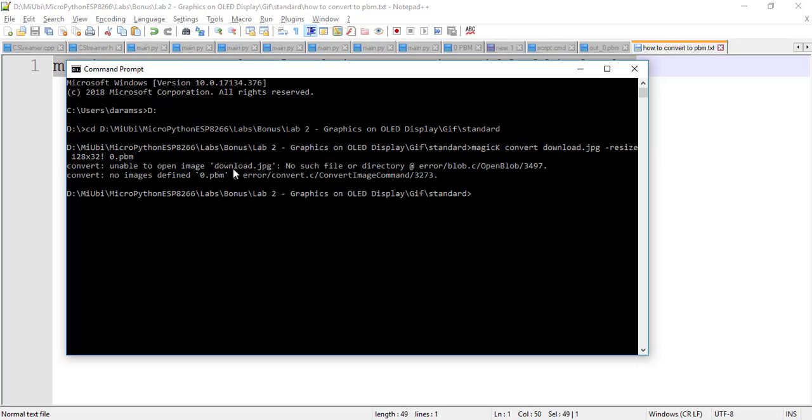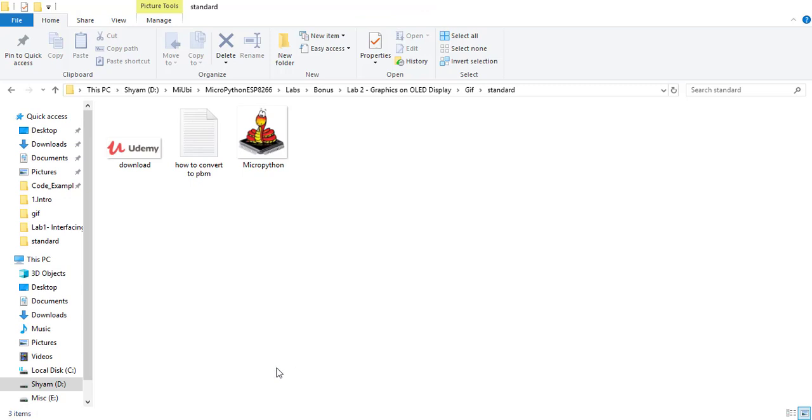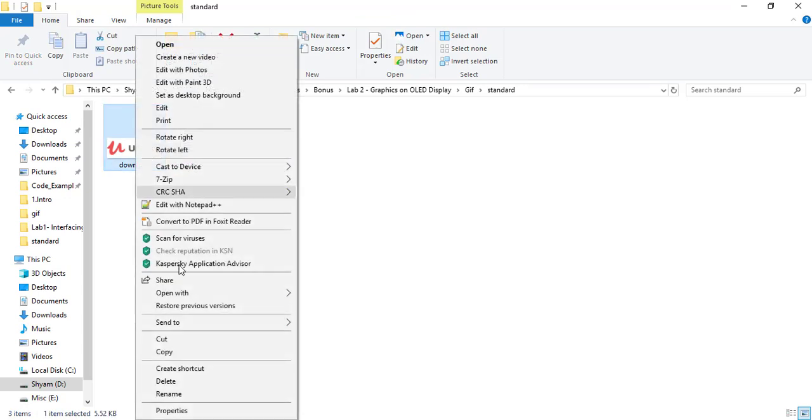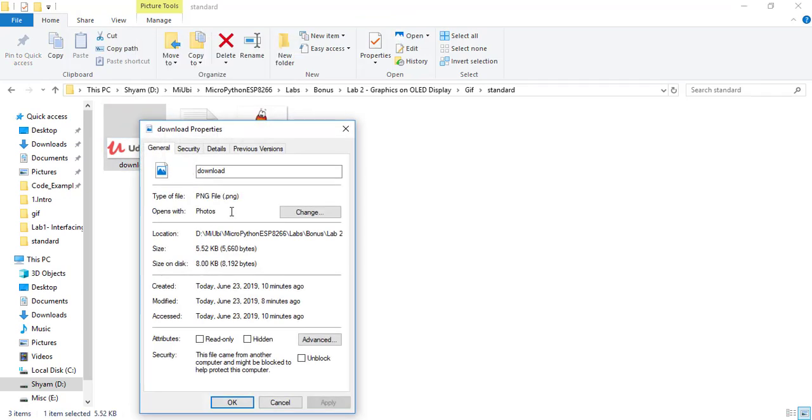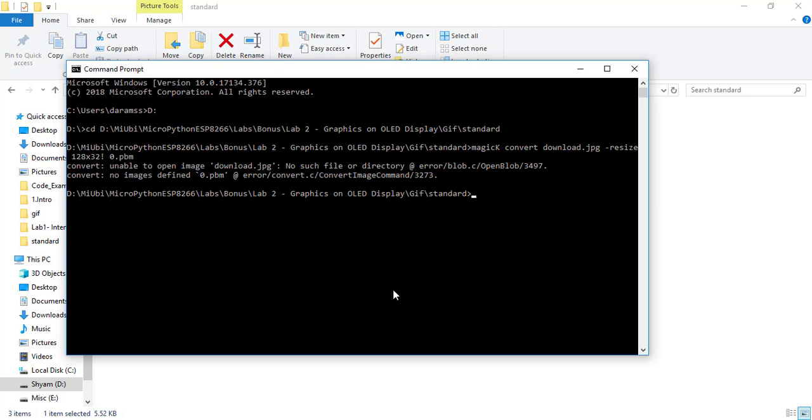Unable to open image download.jpg, no such file or directory. We just need to see what happened. The image file format is .png. I have mentioned .jpg, so it's a mistake. Let me rename it to png.